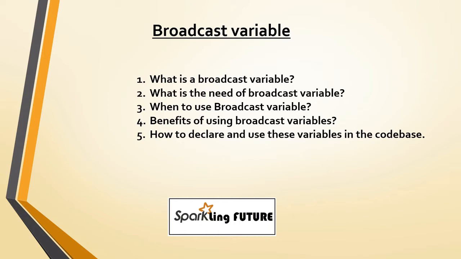And what is the need of the broadcast variable? Let's say we have a lookup or any small data set and we have to join that with another larger data set. In such cases, Spark allows you to broadcast the smaller data set or any lookup kind of table in each stage. The data that is broadcasted this way is cached in a serialized form and deserialized before running each task. This way, the shuffle operations can be avoided to make the Spark jobs faster.